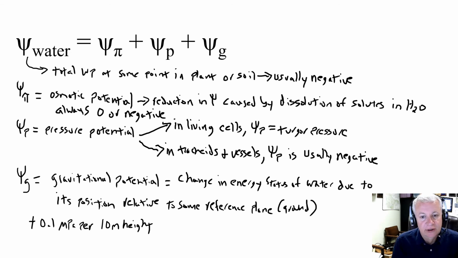Now, when you look at the literature on water potential in soils and in agronomic plants, for instance, you'll seldom see reference to gravitational potential, because this effect is very small over the distances that we're talking about in soils and in short agronomic plants. But in trees, this can actually become a fairly substantial effect. So in a 100-meter tall redwood,